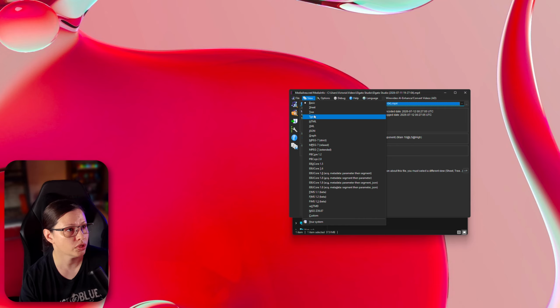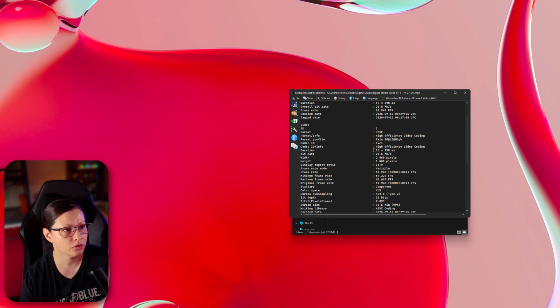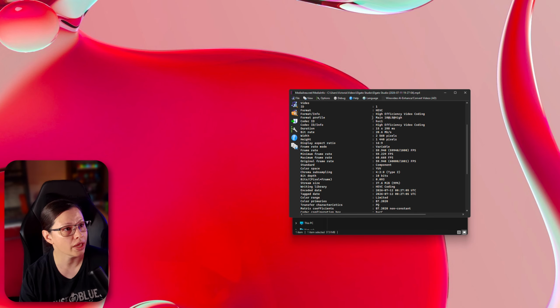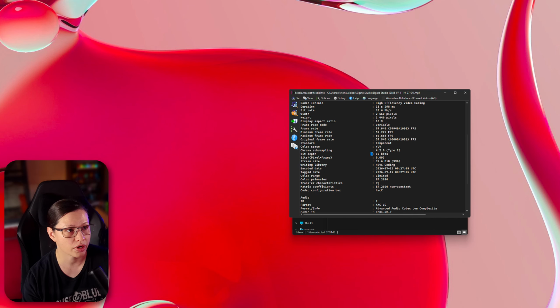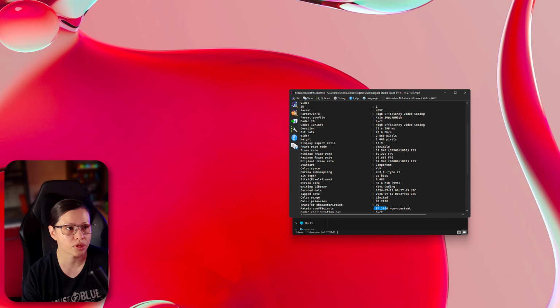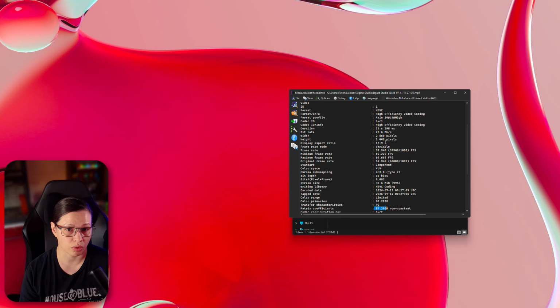And if you go to View, you can go to Text, and then you'll see all of this information on the video, like the Main 10, right? That's definitely a key item for HEVC or H.265. And that will actually show you right here. You see 10 bits on the bit depth. You also see BT.2020 PQ, BT.2020 again, and that's how you know that this is going to be an HDR file, right? So all of this is raw data from the Elgato Studio that I did a recording on, and